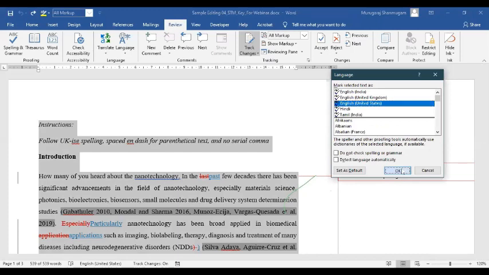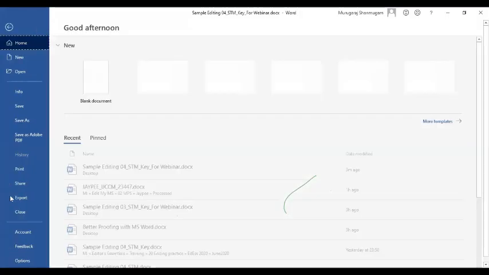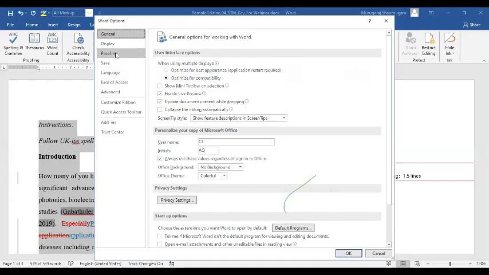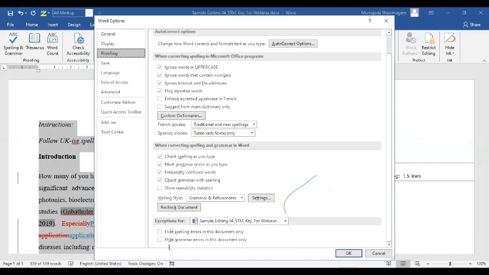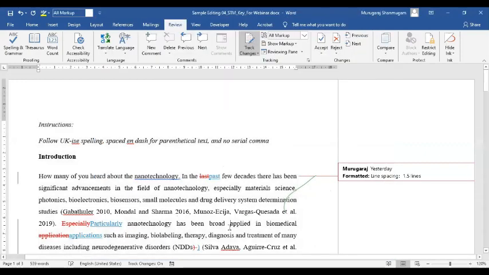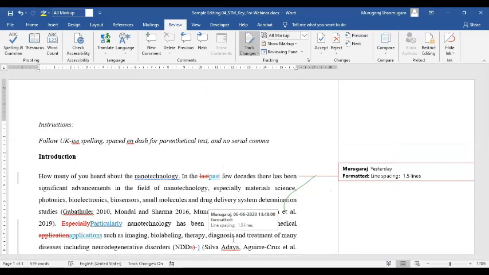Okay, and once this is done, you will go to File, Options, and then Proofing. Ensure that you are rechecking the document, and ensuring also that the hide spelling errors and hide grammar errors in this document only options are not checked. Okay, so these are all some courtesy things. There are some aesthetics. One, you disable the track changes because you don't want to populate your document with so many unnecessary formatted information about format and other things.